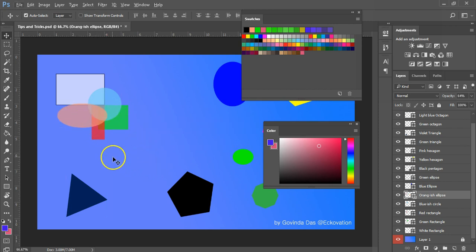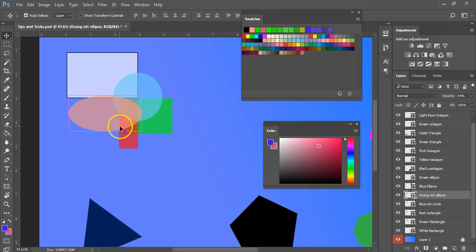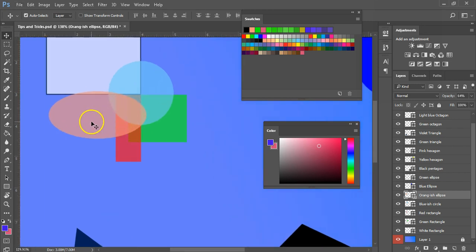Now, you can see that due to the transparency of these layers, the overlapped part of other layers are also visible. And so does a new shade of color on that overlapped area due to mixing of colors of the overlapped layers. This is also an interesting way to create new hues of colors or get an entirely new shade of color. And you can use the eyedropper tool to pick that color and maybe add it to the swatches panel.